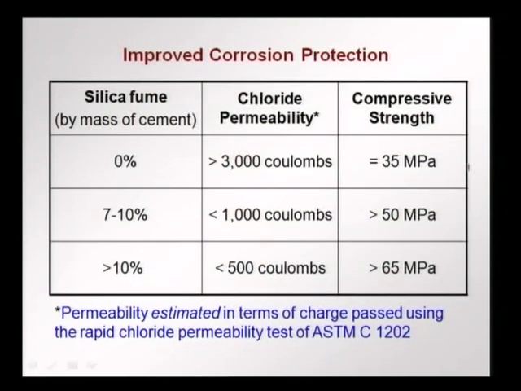We also increase the durability. These are numbers showing the chloride permeability. Here chloride permeability is estimated by the rapid chloride permeability test of ASTM C 1202. This is a much criticized test, but it gives an indication of what happens to charges that are passing through. These charges are what could cause corrosion of the steel and